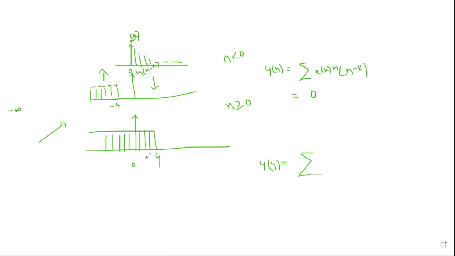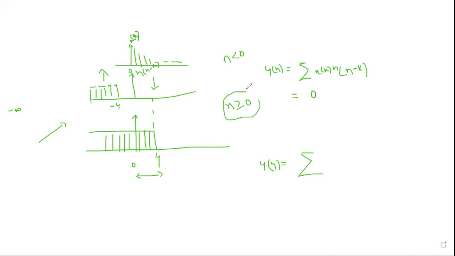So from 0 to 4. Where is the overlap? We are considering the value from here till here, right? If n is equal to 4, there is overlap from 0 to 4. If n is equal to 43, there will be overlap from 0 to 43. Okay, so shall I generalize it?